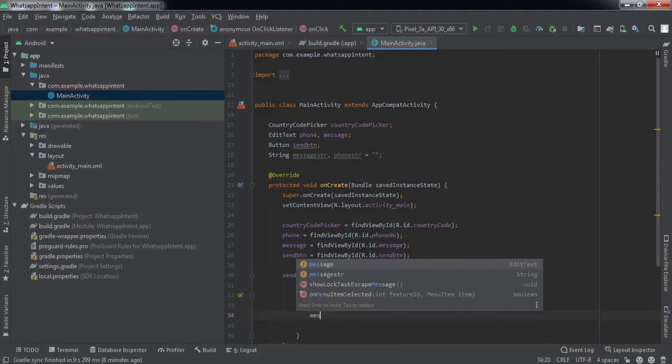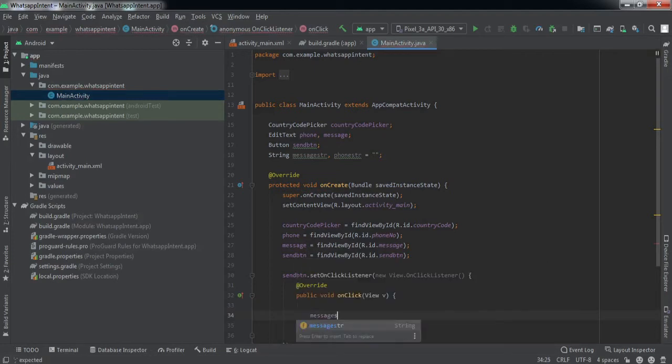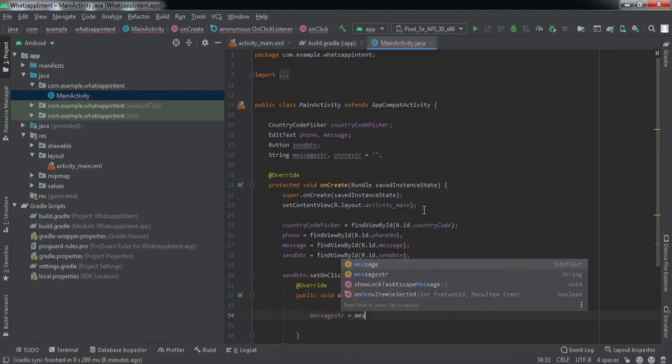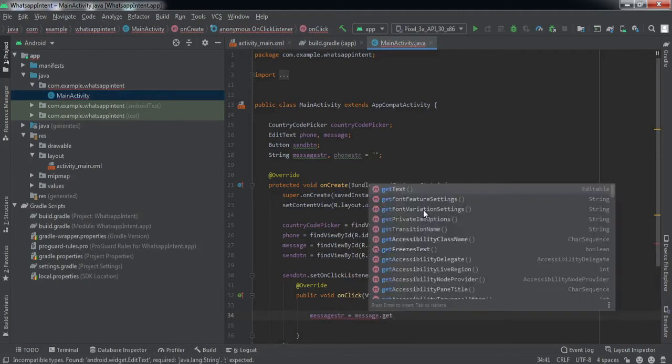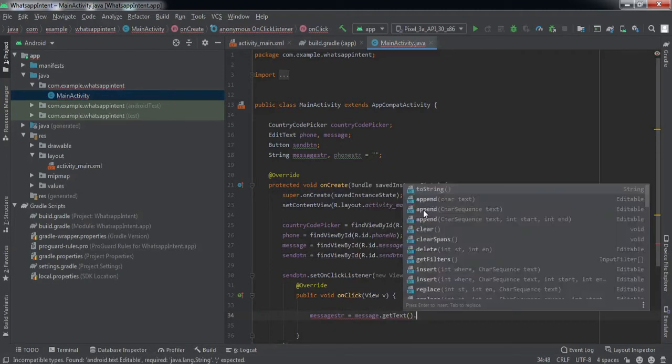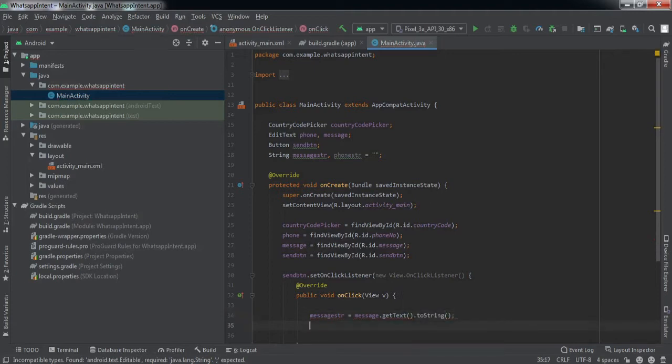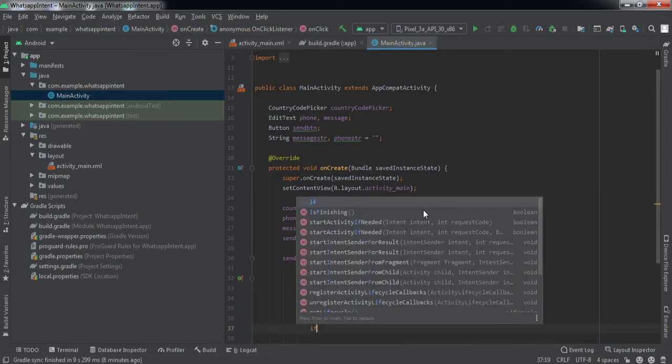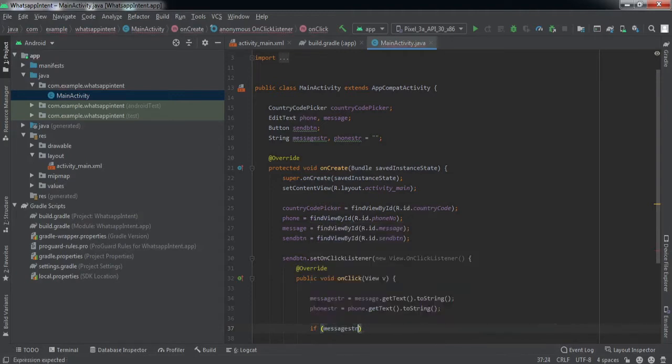So inside this on-click listener, message str is equal to, we'll get the message that the user has typed into the edit text field, right? And we'll store that into this message string variable, and we'll get the phone number as well, right? phone.getText().toString(). Now here we'll check if both the strings are not empty, with the help of this isEmpty function,